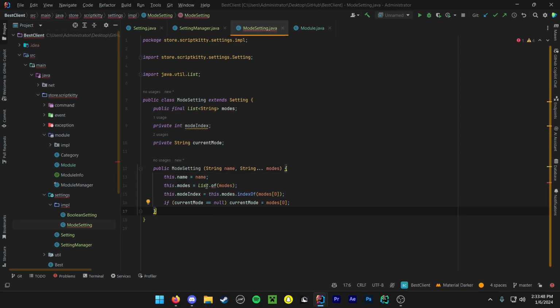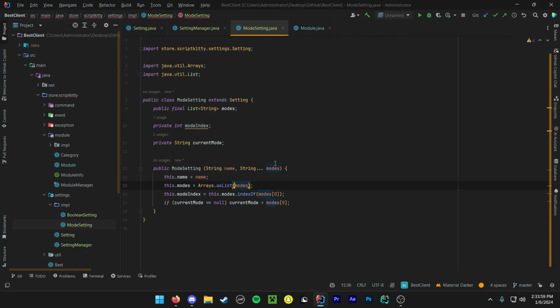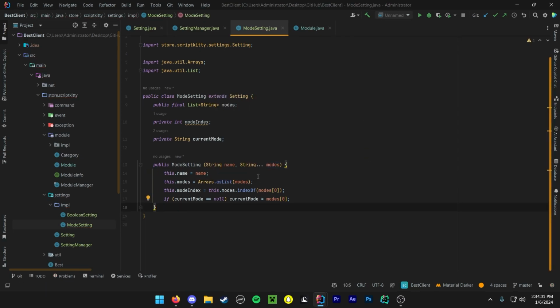Then we're going to add all of that. We want not List.of, we're going to do Arrays.asList(modes). There we go, to convert it over to an ArrayList. And so